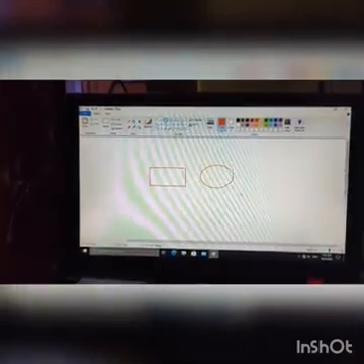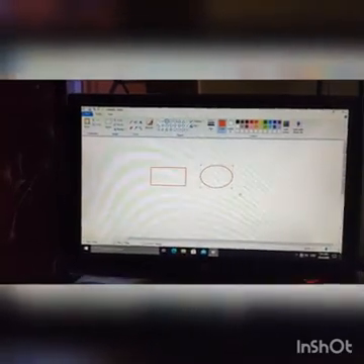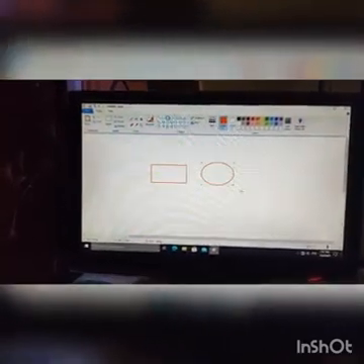I'll show you vertically how to change it into circle and the rectangle tool into square. Now I am pressing shift key and I am selecting this rectangle.